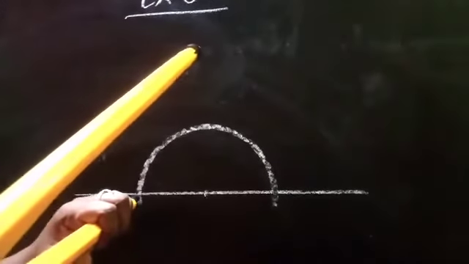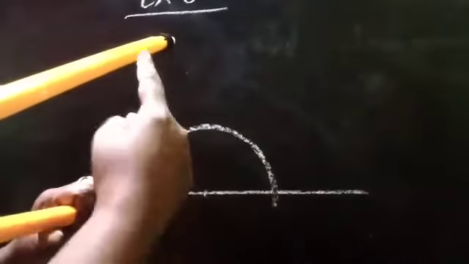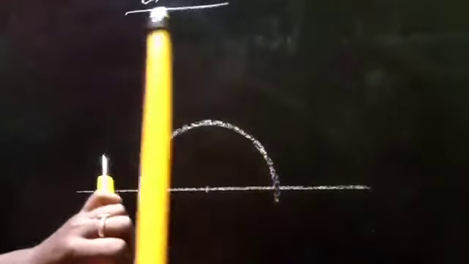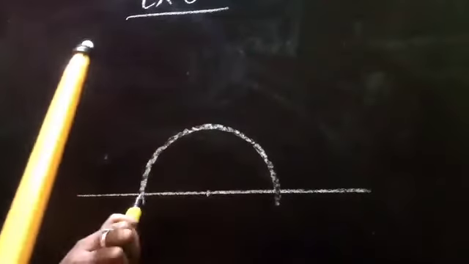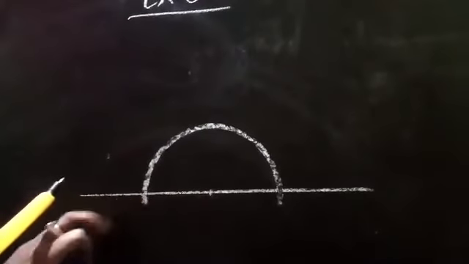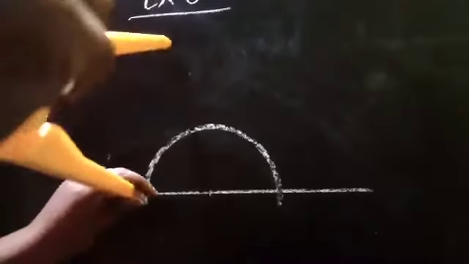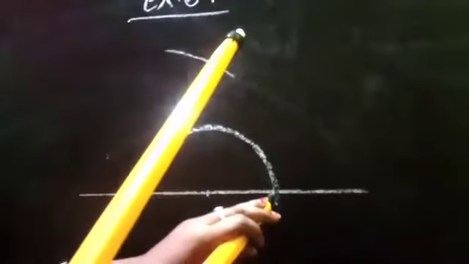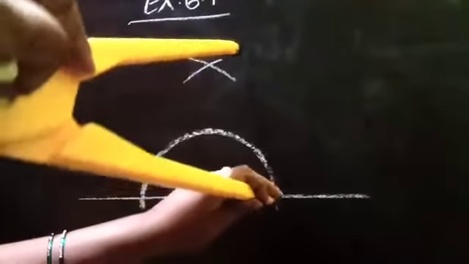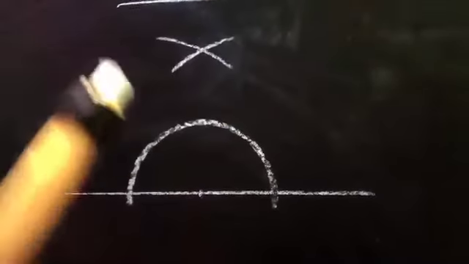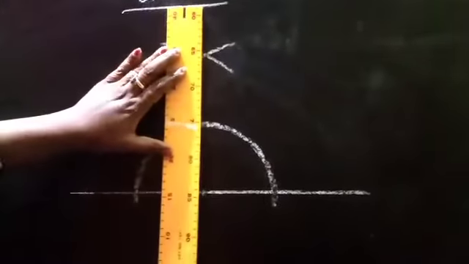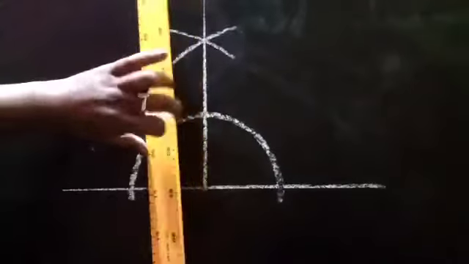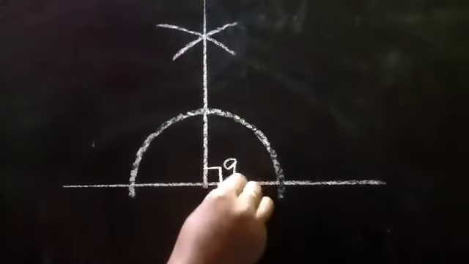And once you adjust, it should be the same measurement of the compass distance for both sides. So from this arc and line where it is meeting, from here to this side, one arc, again the same measurement, from the other side also we have to draw the cut. Then for these two arcs and the point where they meet, this angle is now called 90 degree.